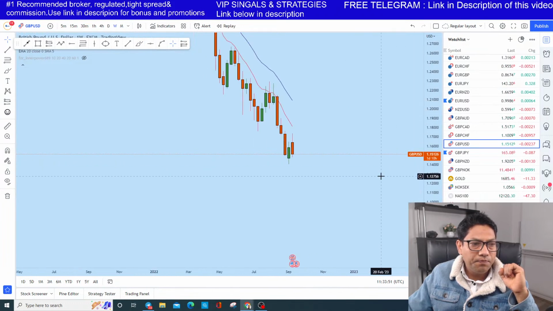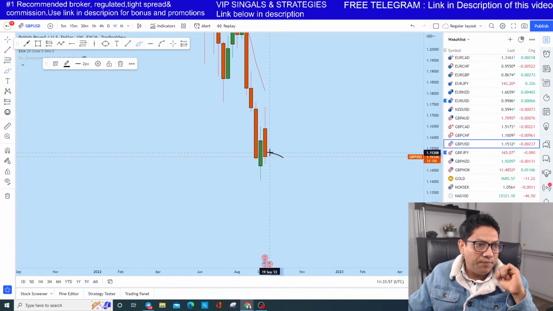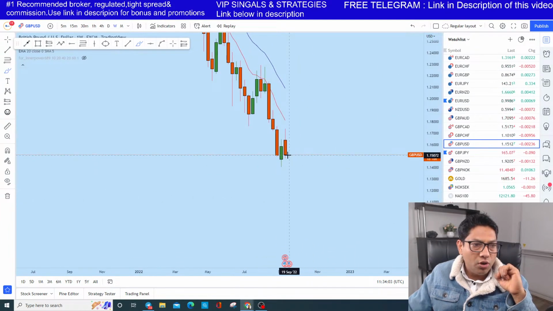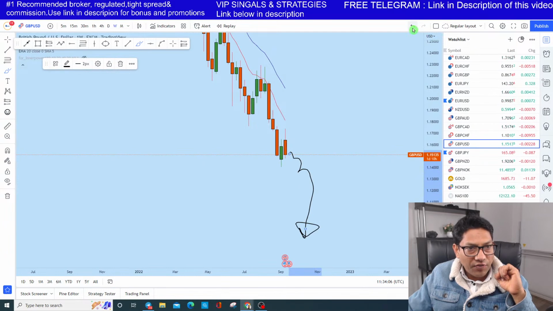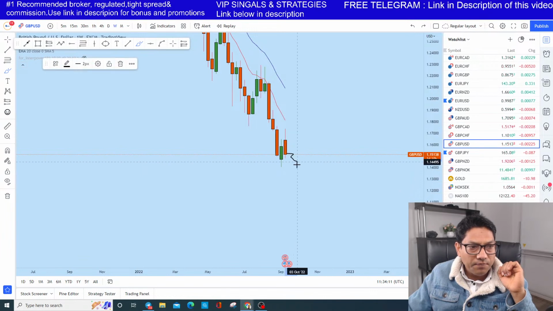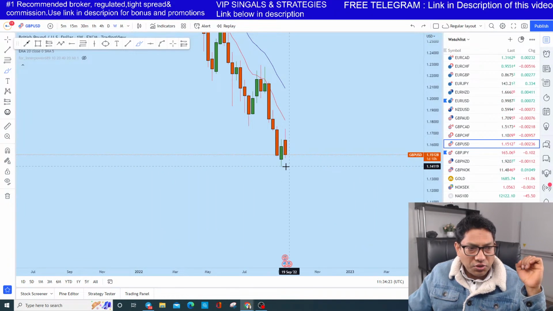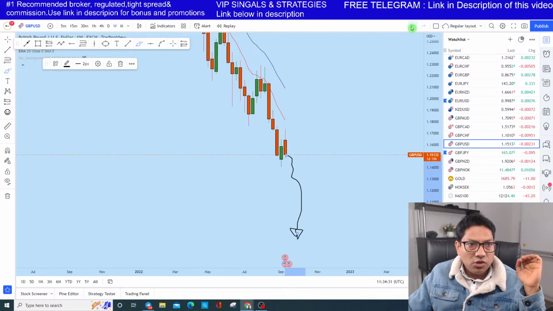On the weekly perspective as well, British pound US dollar had a bearish engulfing. This is a very strong bearish candle, and this is a continuation of further drop. The way the price action has formed, I think British pound US dollar might close somewhere here. And also you know that the news is coming. Let's see the news, but before looking at the news, let's finish this one. You see that the price action has formed, and the next one might just drop. Okay, so this is the weekly chart.